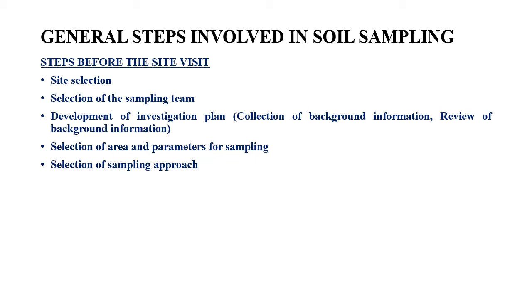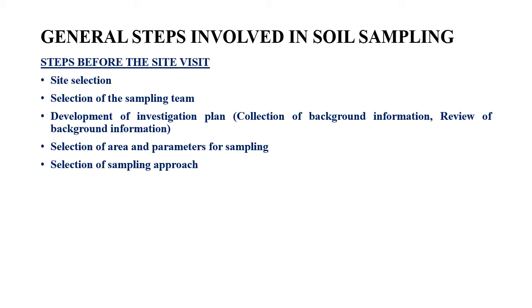Okay. Next is development of investigation plan. Now this is also a team effort that has to be done. So once you step into the site for collecting any sort of information, it is extremely essential that we do some desktop study where we have to gather as much information as possible regarding the particular contaminated land. Okay. So such information about the land can be gathered from some topographical maps or geological maps or any such maps, then from aerial photographs.